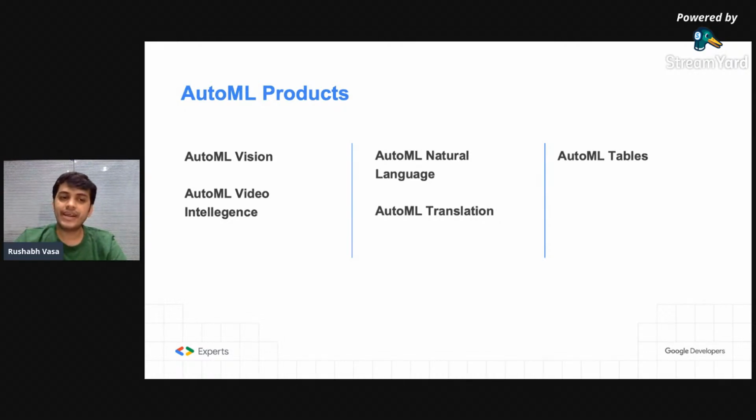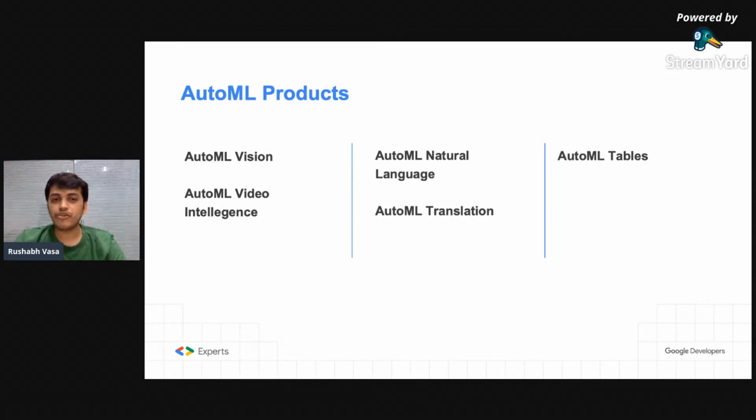So Video Intelligence API can detect those smoking scenes, and we can build code where you can label those scenes using the Video Intelligence API. There is a natural language API which is very important. You can use it for speech to text and speech to speech. There is AutoML translation, and AutoML Tables is very interesting.